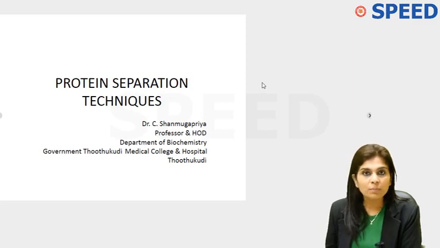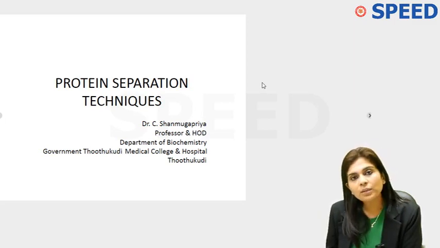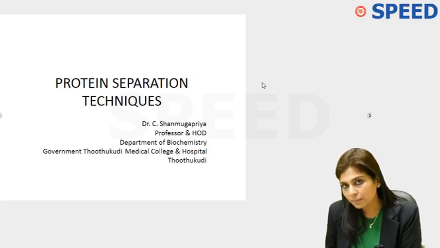And then there was this complex question. A protein was run through SDS page, giving rise to a band corresponding to 100 kilodalton. After treating the same protein with mercaptoethanol, the protein started giving rise to two bands corresponding to 20 and 30 kilodalton. What is your comment on the protein? Is the protein a monomer? Is it a dimer? Or is it a trimer? Or is it a tetramer?